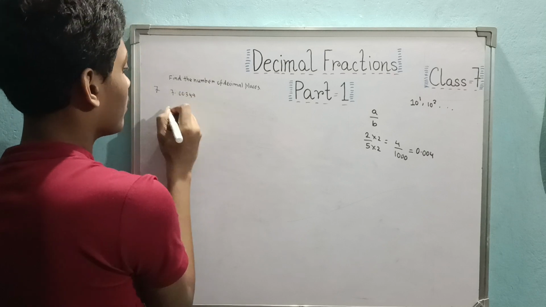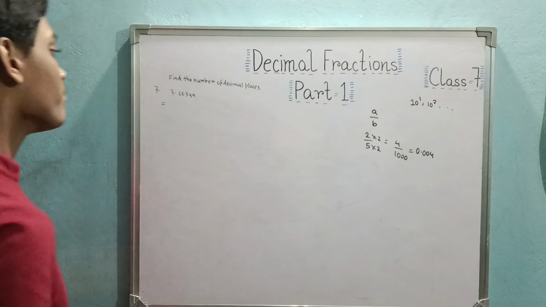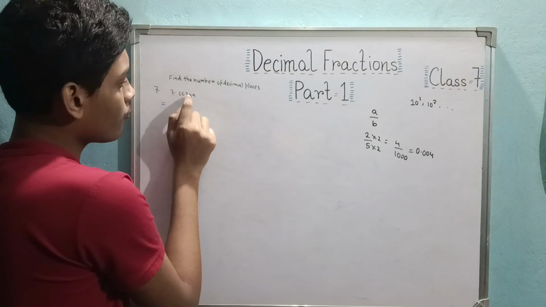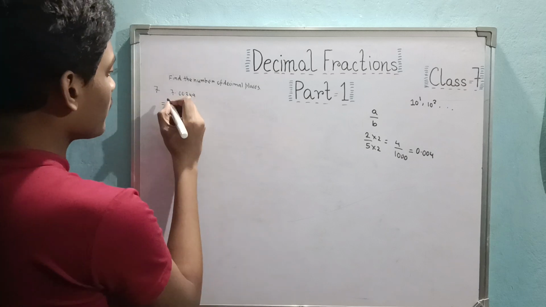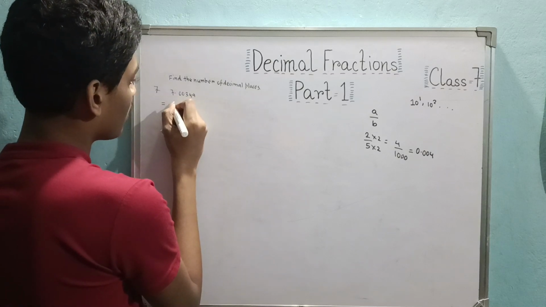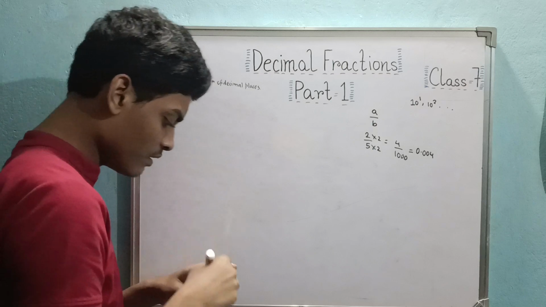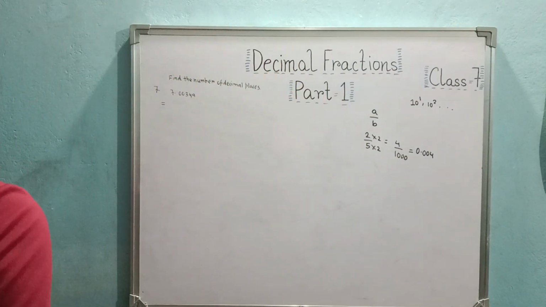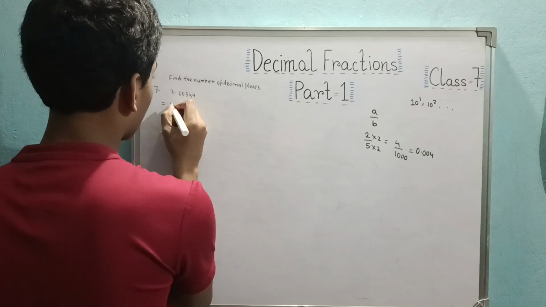7.00349. So what? See, after this point, how many places are there? 1, 2, 3, 4, 5. So 5 places. That's a very easy type of question. I told you it's basic, so we have to see a few easy sums. So 5